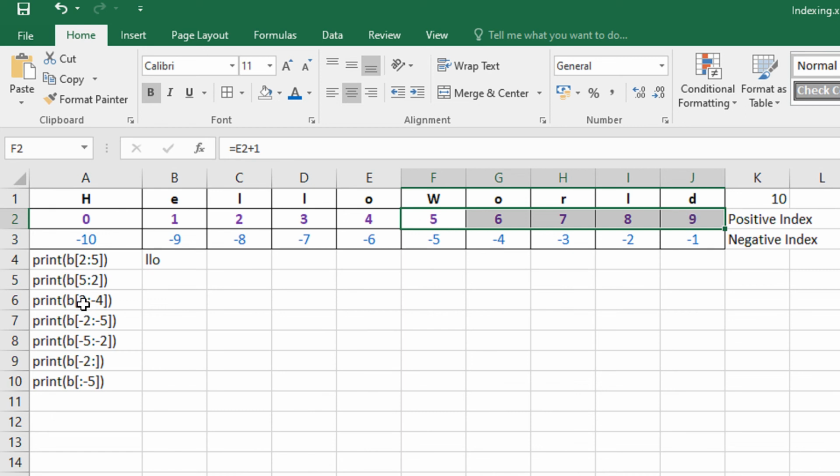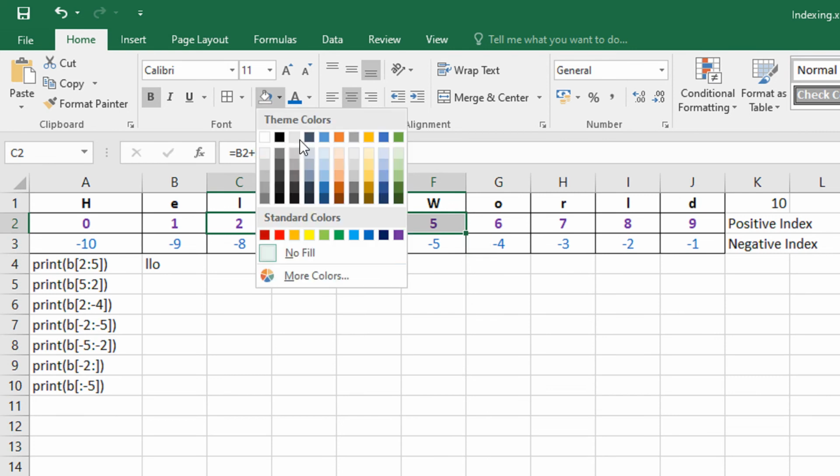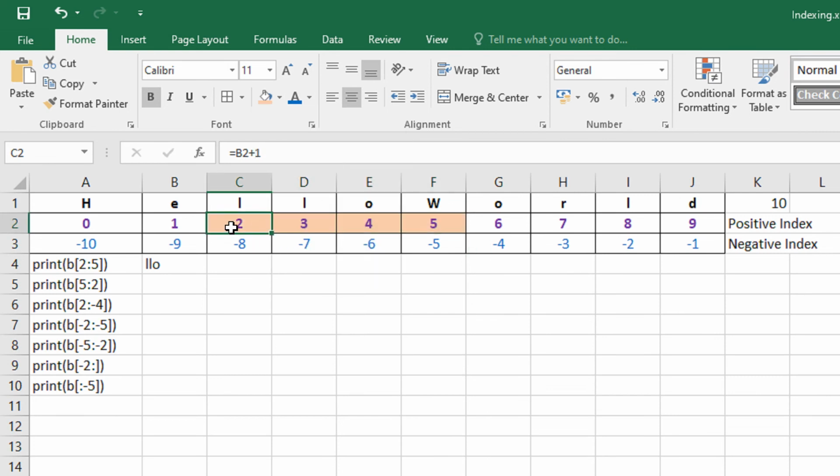Okay. Now let us try to see what is the output of B 2 up to minus 4. So one positive and one negative. So I start from 2 and go up to negative 4. What is negative 4? And again the same rule. You cannot include negative 4 here. So let me just show you. So you go from 2 up to negative 4. I am keeping the highlighting here because negative 4 is just below this. But I will not include negative 4. Right? So from 2 to this negative 4, but not including this, right?